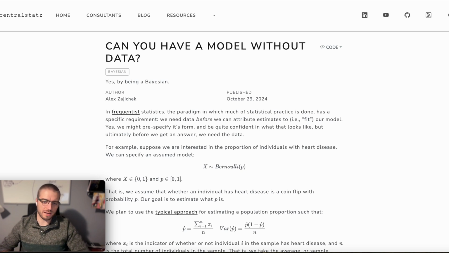Whereas in the Bayesian paradigm, I can actually start my model with no data at all, because I can specify the prior distribution. So I can give my best guess based on my prior experience, my prior knowledge, other people's intuition, knowledge, whatever it is, everything I know up until this point in time. I can construct a model that already gives me perfectly valid numerical results for all those parameters.